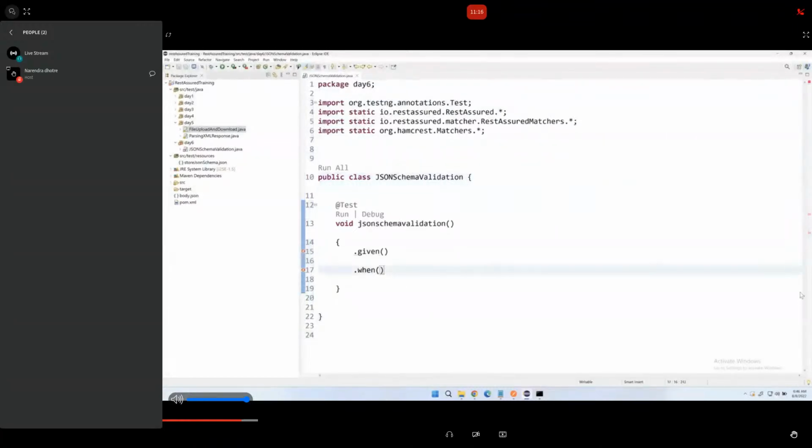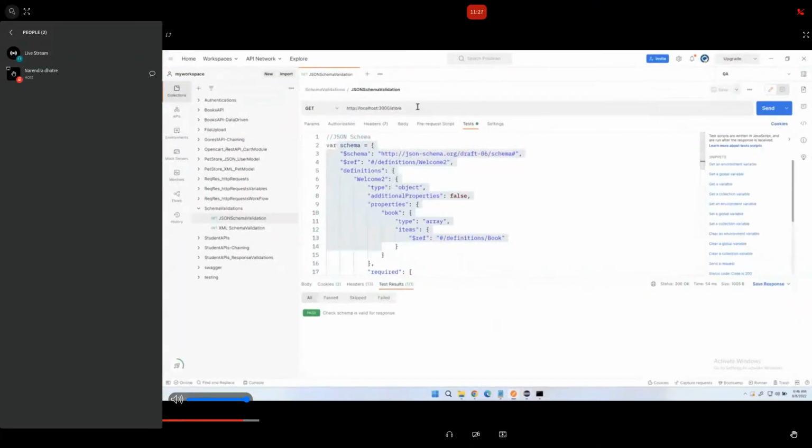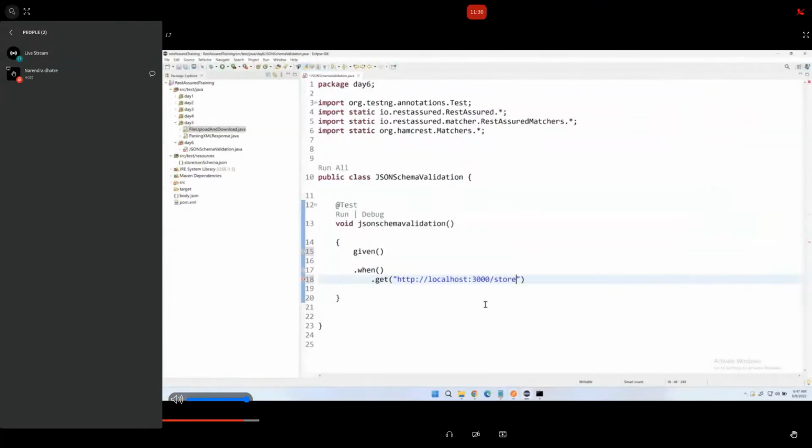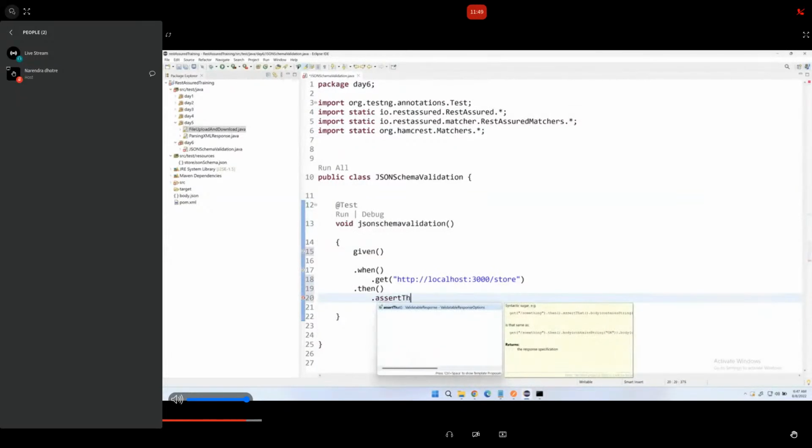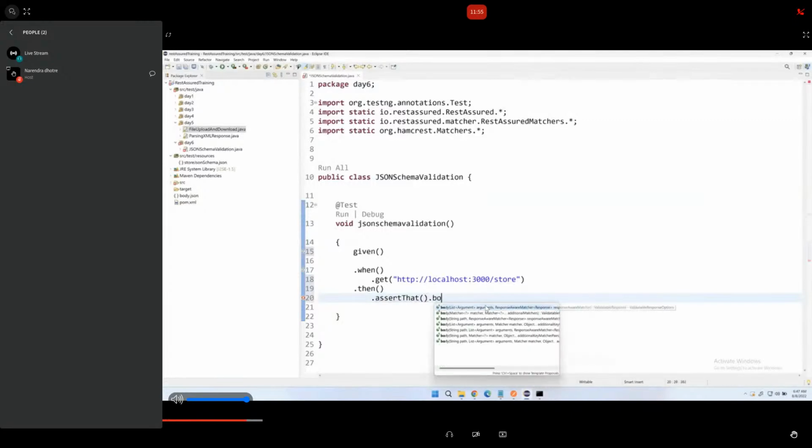Okay, so let's say given, and in the when, I'll send a GET request. I say get, and what is the API URL? So this is the URL I'm sending. Once you send this URL, I will get some response. So I'll say then, and here we have to do the schema validation. How can we check the response is as per our schema? Here we have to use a different assert type, that's called assert that, and dot body,